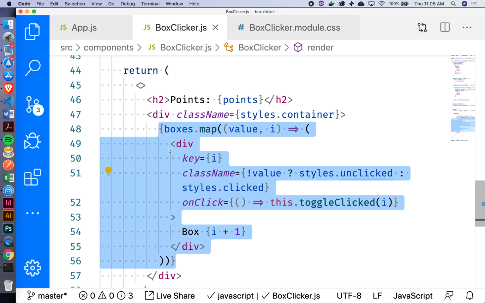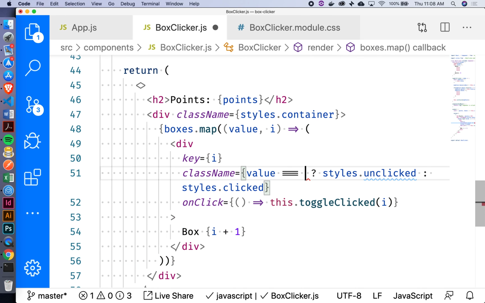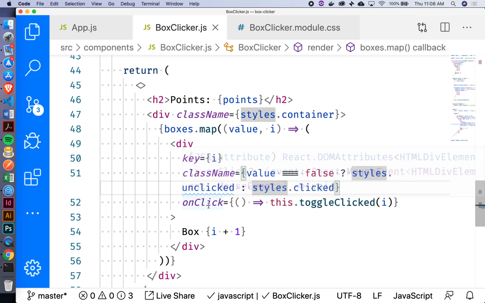It's unclicked. Okay. Would that be the same? You said that's the same thing as writing value double equals false. That's right. Yeah, exactly. That is exactly the same as us saying value triple equals false, right? Well, not 0 in this case because I changed it to a Boolean. Originally it was 0s and 1s. Okay. All right, and then